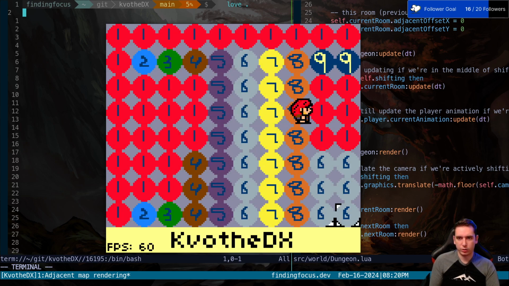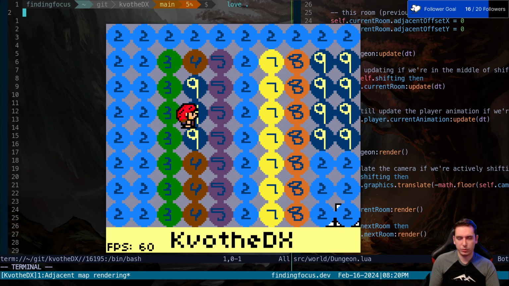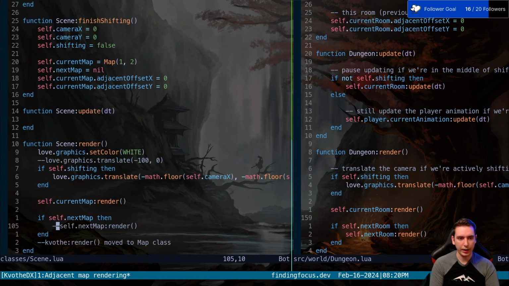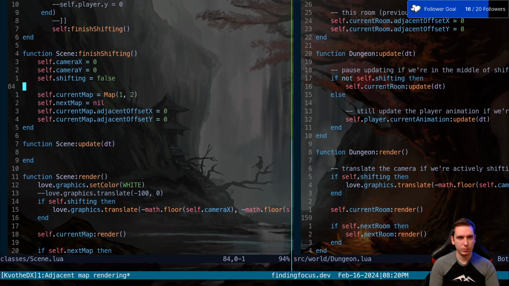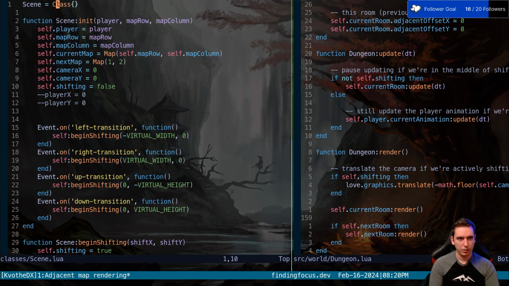So if we actually changed it to nil like we were supposed to, that is now shifting the current map. Okay, so this is looking right. We just need to set, and we are setting our next map to nil here. But it should be nil here too. So if it's nil here, we should be able to turn that back on,